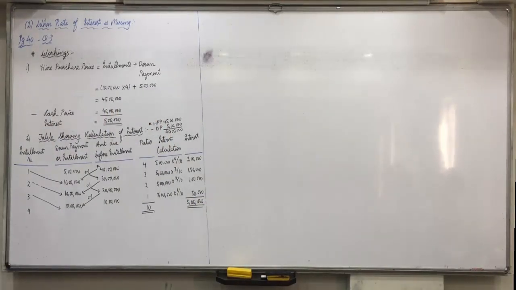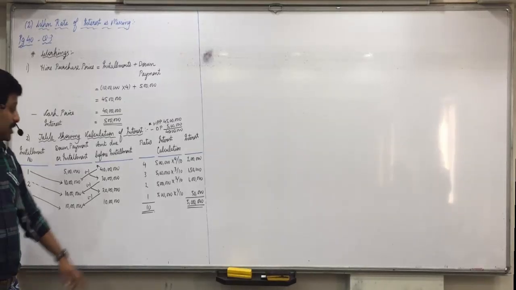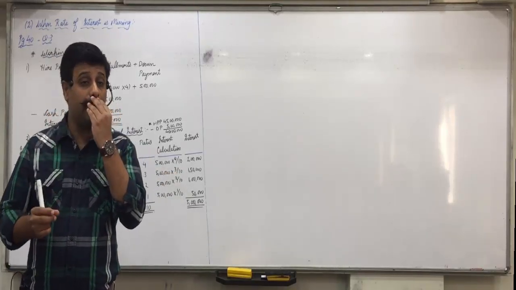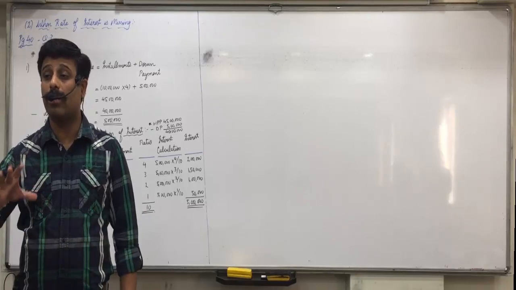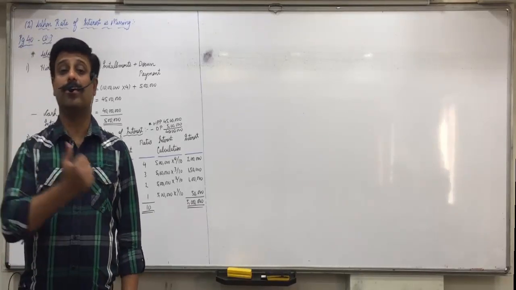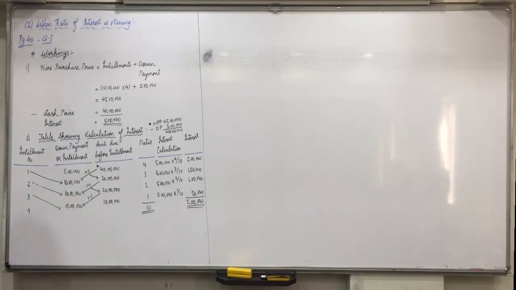What will come in MCQs is you will make these workings and they may ask you, what is the interest included in second installment? So you have to make the workings, and in MCQ you have to answer that interest included in second installment is 1,50,000. In the last mid-sem MCQs exam, a lot of calculations had to be done to get the answers of MCQ. They don't ask you simple MCQs. They ask you such MCQs with a lot of calculations you have to make, then you arrive at the answer of that MCQ. So all these workings you have to understand that.